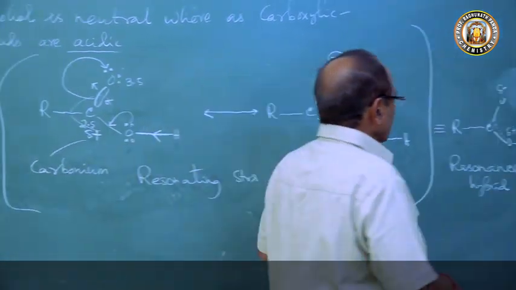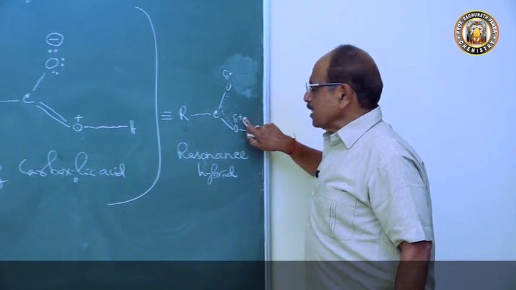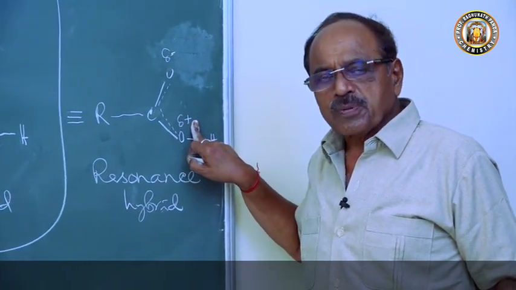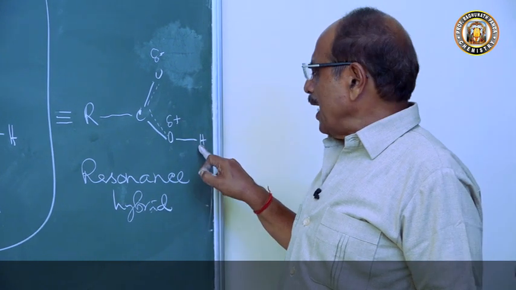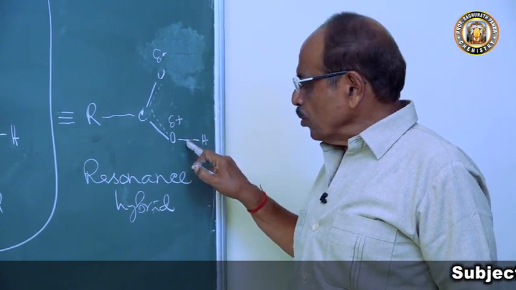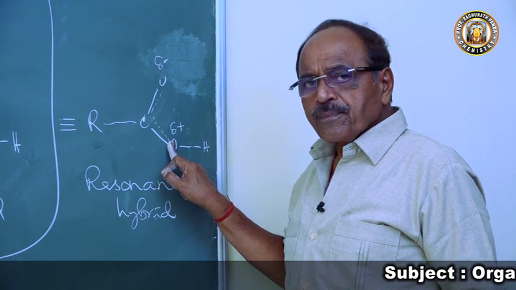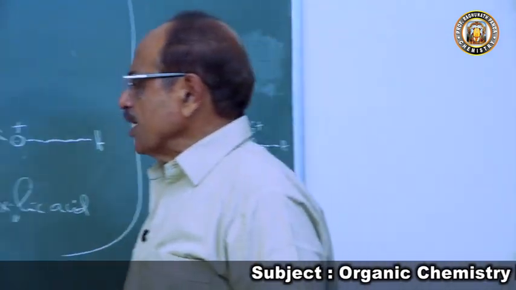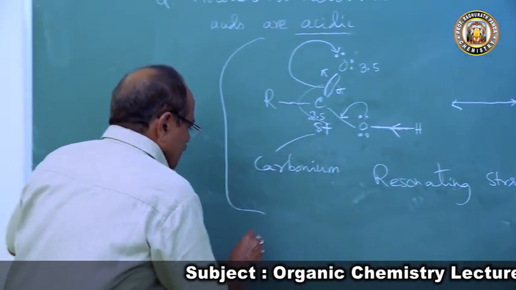to lose a proton. How? That means it will neutralize this positive charge. This can neutralize this positive charge. How can it neutralize that positive charge? So this hydrogen atom can come to this, losing its pair of electrons to oxygen. So automatically it will give a double bond. So what happens here? Now if you come to this